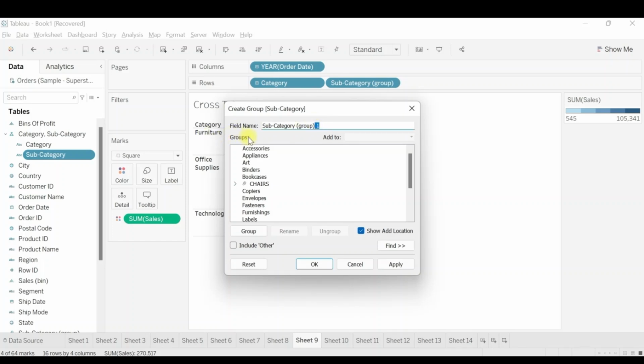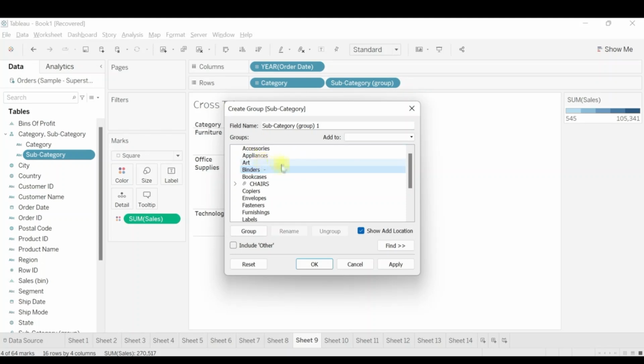So it's showing the groups that we can create, and the add to shows if there is already any pre-created group, it would be available in this drop down. Since we have not created any group, they are not visible here. So let's create a group.